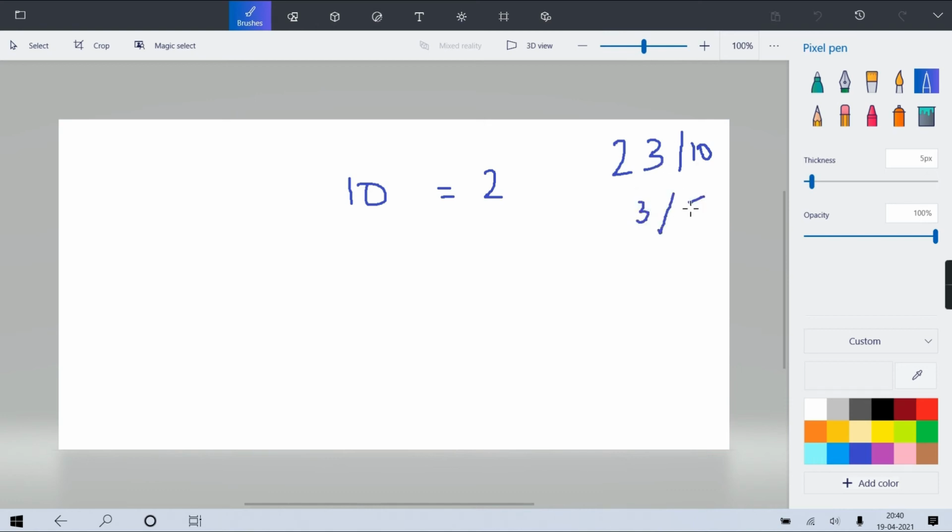So 3 you will divide by 5. No quotient, so 5 rupees, 0 notes. Now the remainder is 3, and when you divide 3 by 1, that is the last 3. So 3 rupees, how many? 3 only. Getting it? So for 23: 10 rupees 2 coins, 5 rupees 0 coins, and 1 rupee 3 coins.